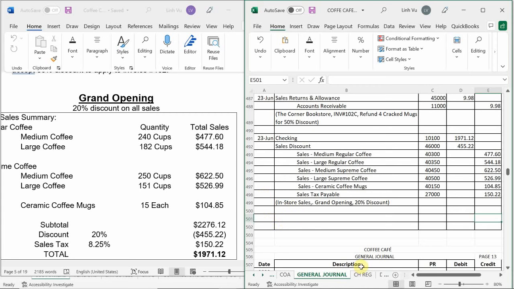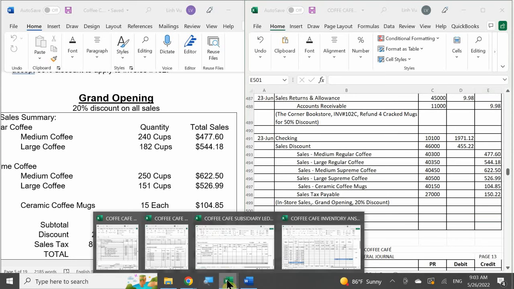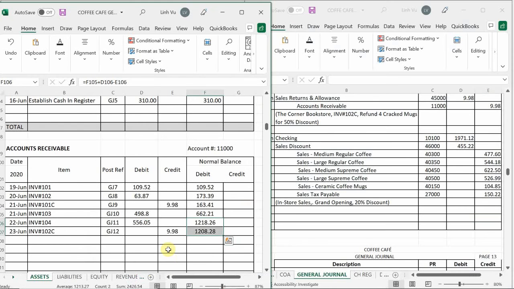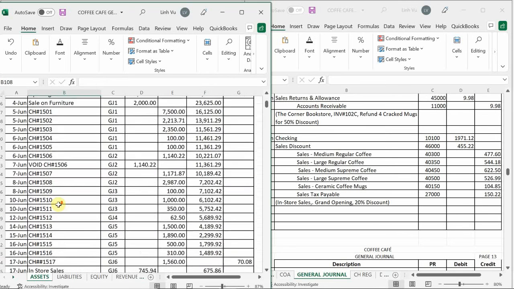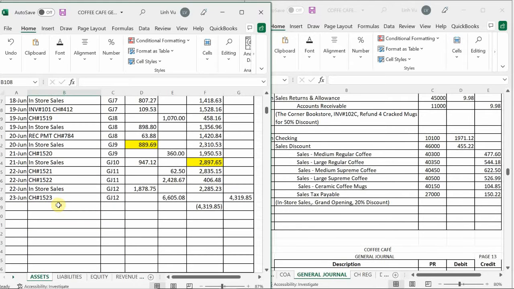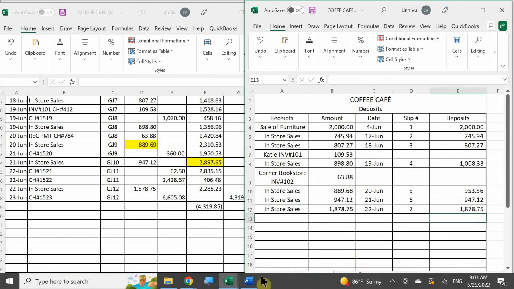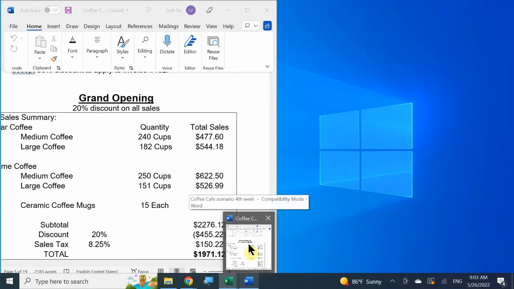Okay, so now let's go ahead and update our ledger because we added money to our checking account. That's the important thing right now. If we need to add money to the checking account, that means I need to make my deposit. So I'm going to run to the bank first and make my deposit